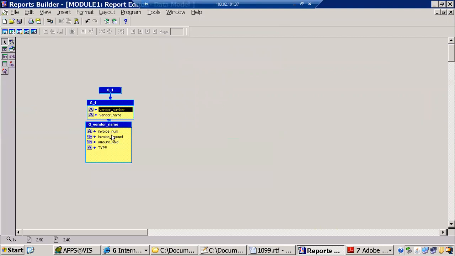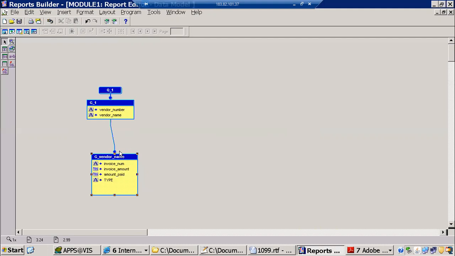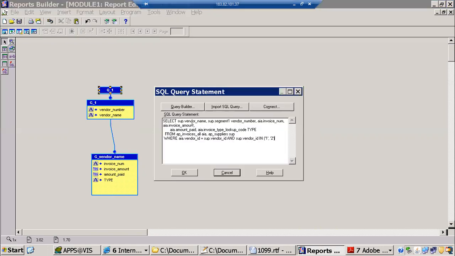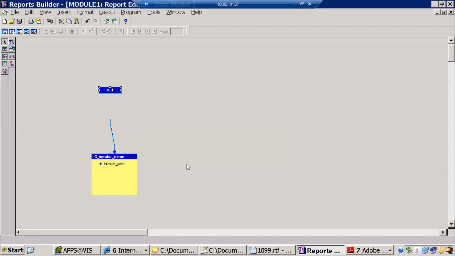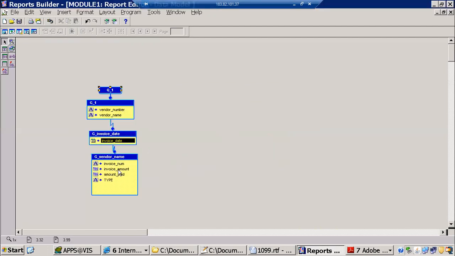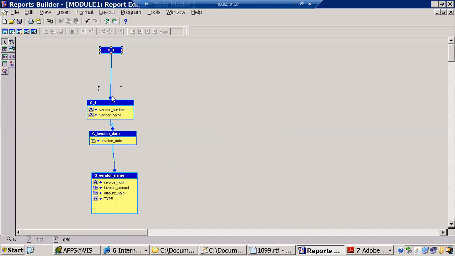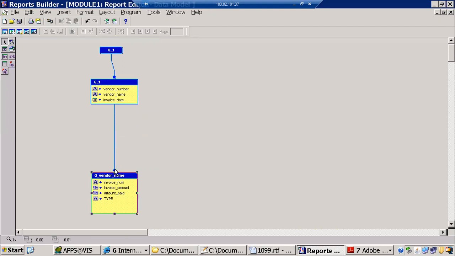Supplier wise invoices. And you can even break into multiple groups, like if there is a date. Is there any date field here? No, right? Date wise also you can take it. AIA dot invoice date. Okay. In one day you can see multiple invoices. See, there are three groups right now: supplier group, supplier wise, invoice date wise. It's like a group by kind of thing. Okay, but right now I'm not taking date, only two groups